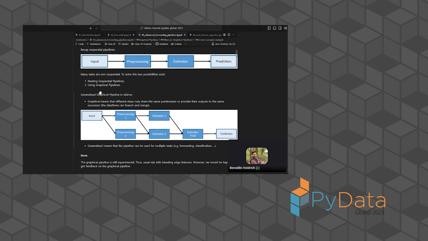In sktime, a generalized graphical pipeline is implemented. Graphical pipeline here means that the different steps may share the same predecessor. So for example, estimator 1 and estimator 2 run concurrently. They are not dependent on each other, but they get the same input. They both get input from preprocessing 1. Furthermore,